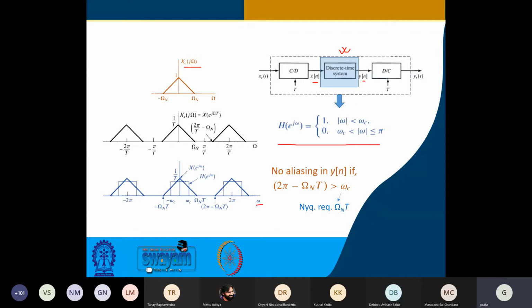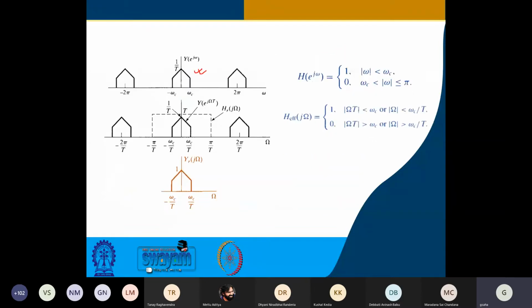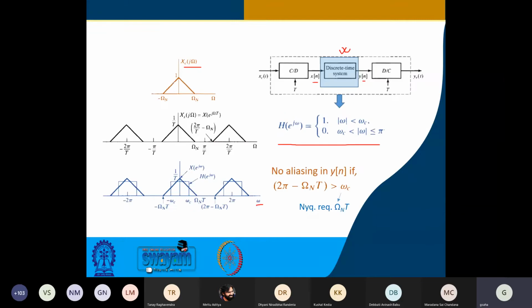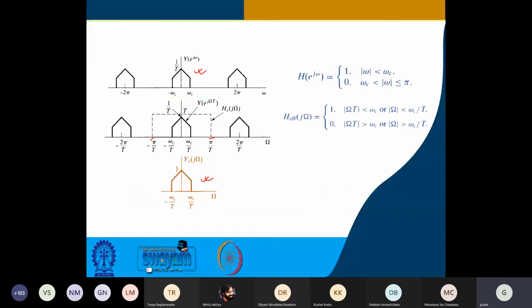Now after that, what happens? You are over here, now discrete to continuous conversion. So these numbers are now converted to a pulse train. Each of these values are placed T time apart and passed to a low pass filter whose cutoff frequency is Fs by 2, whatever is the original. So that is what you see. This is the one that will be truncated out, and you will be having at the output a signal which will look like this. So you started with this one and you ended with this one.